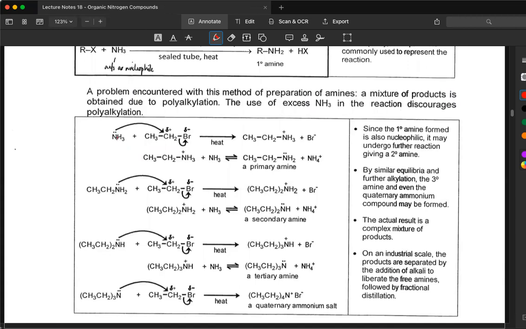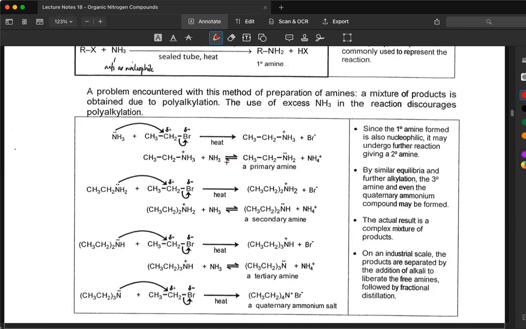So first of all, the ammonia with the lone pair of electrons will first attack the positive carbon. All right, and this bond will break to release the Br minus. Okay, Br is a good leaving group. And then the primary amine formed itself is also nucleophilic. Okay, so it may undergo further reaction with ammonia to form